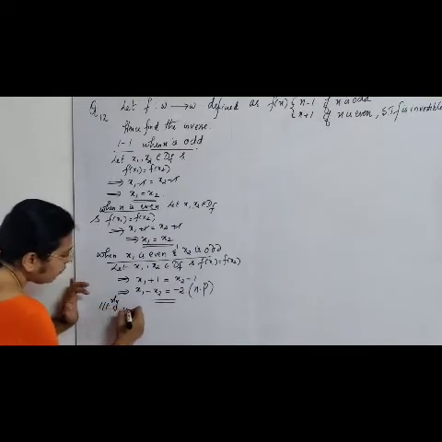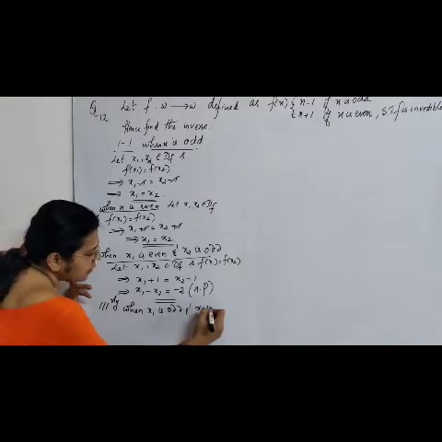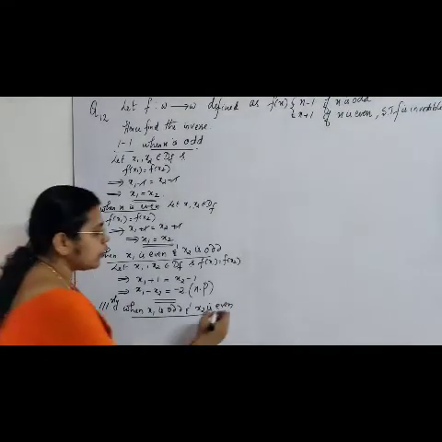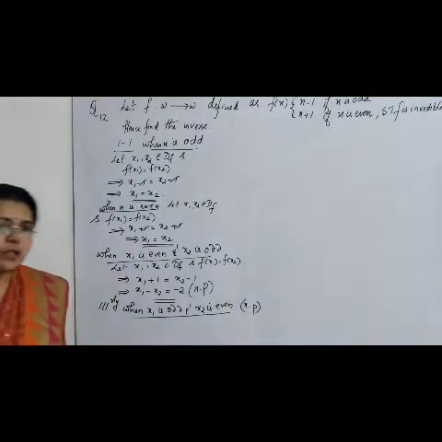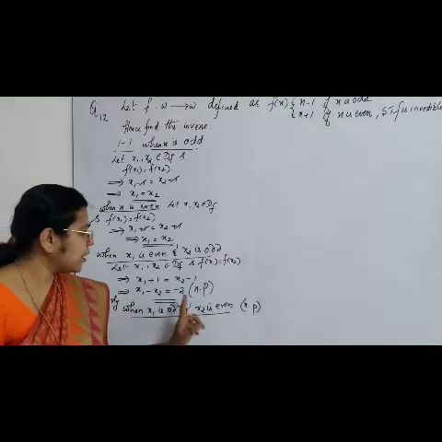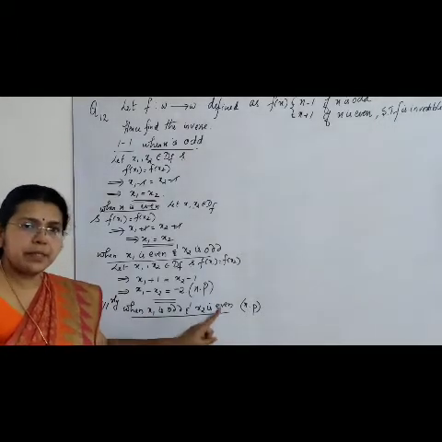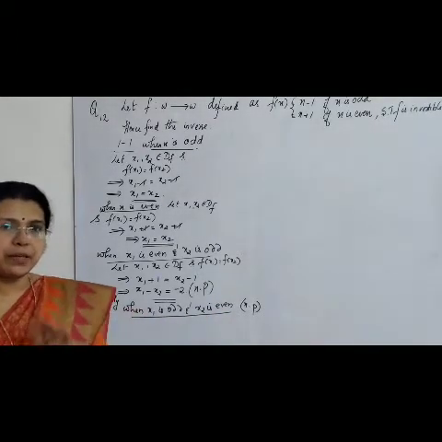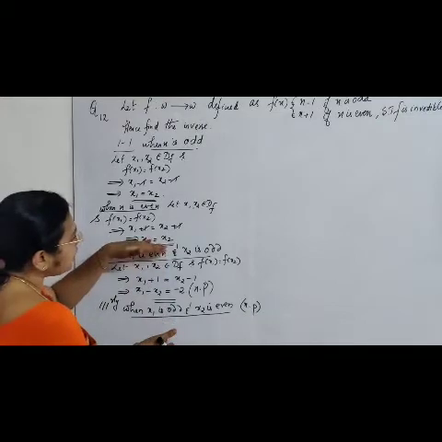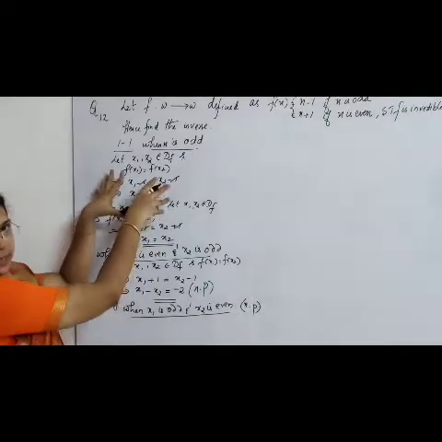Similarly, I can say the same when x1 is odd and x2 is even. This situation is also a contradiction, which will give the same thing: the difference between x1 and x2 will be 2. The difference between an odd and an even number giving the value 2 is a contradiction, so that is also not possible. So you cannot include these values. The only values that you can include are these.